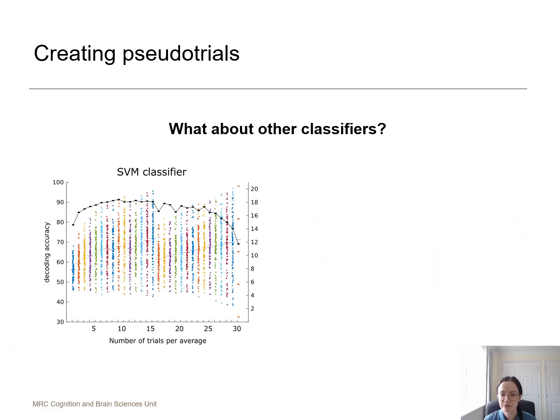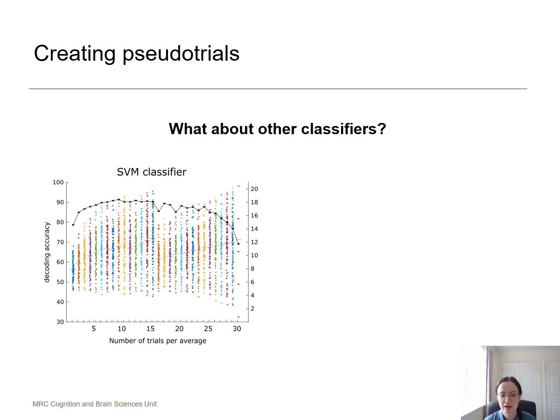So you might be thinking, what about other classifiers? We tried it on SVM and LDA, just showing you SVM here on the left. What you can see, as with naive Bayes, is an initial slight jump in the t-score when you go to averaging 2 trials. And of course, again, you see this dramatic increase in the standard deviation as we increase the number of trials